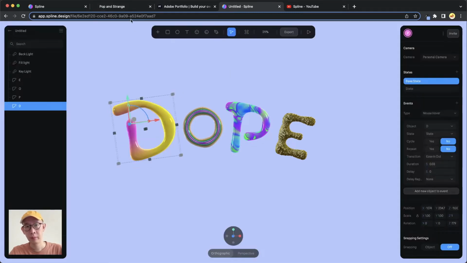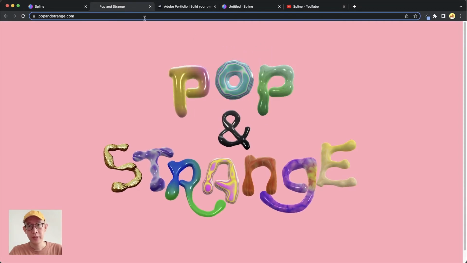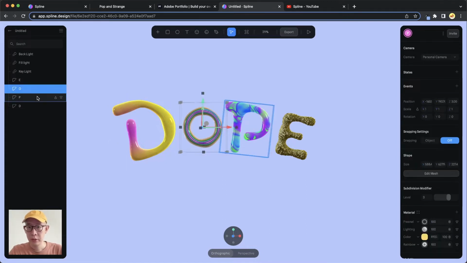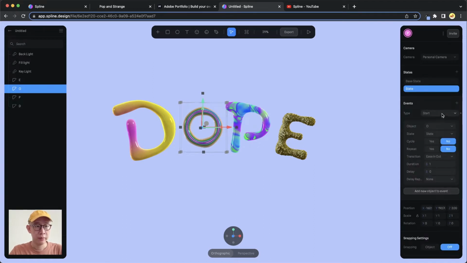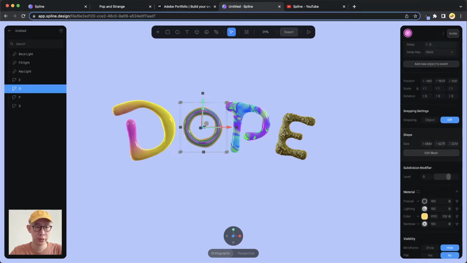Okay, let's do the second one. The second one I think is this. But essentially, what I did is a similar technique. So let's just go to this one, and then we create a state, the next state, and we create an event. On mouse hover, this letter O will go to this state. The duration of changing will be very little, like maybe 0.03. What we want to do is to increase the size,